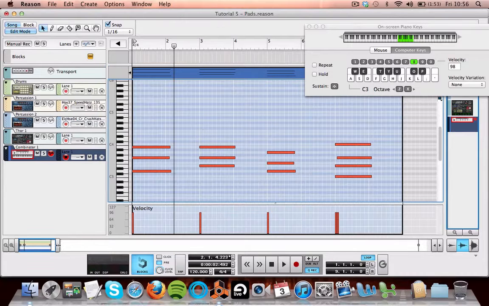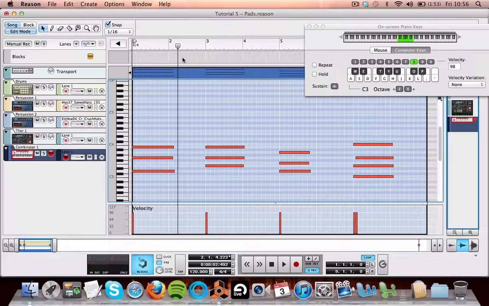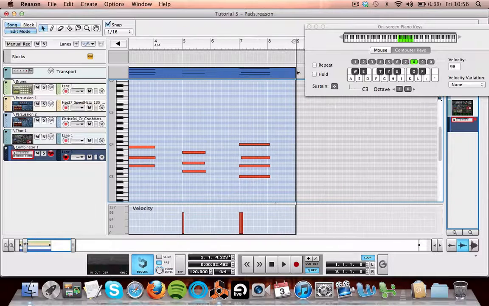And if I zoom in there and have a look, now the start of those notes are all perfectly locked into the beginning of the grid. If we just have a look at the last one here, you can see that there is something that's slightly different. Like here, if we look at this section,